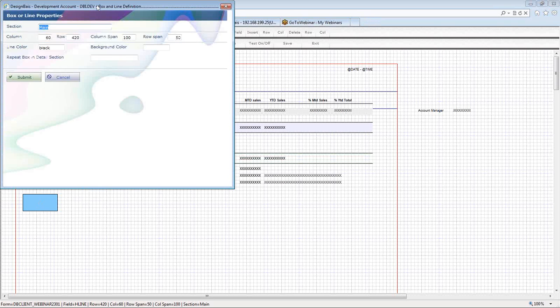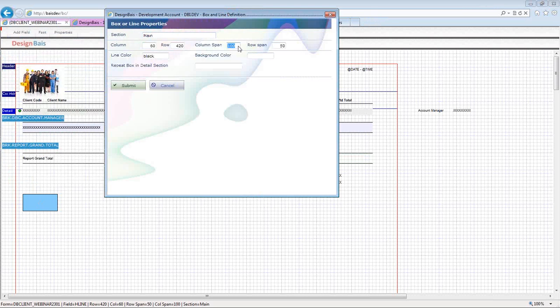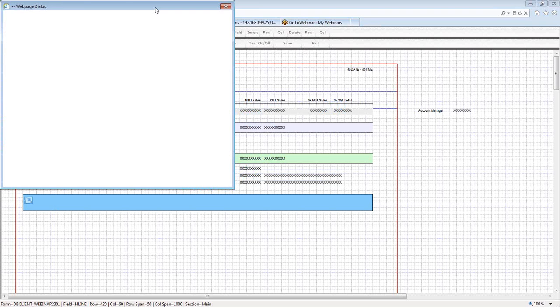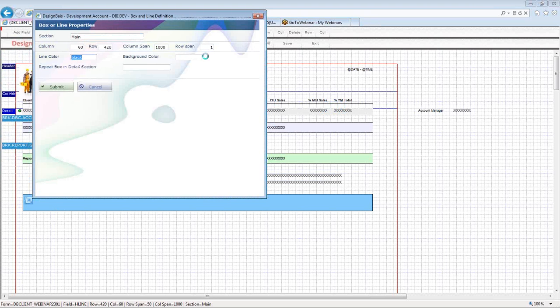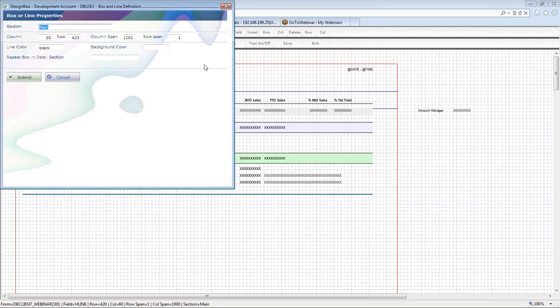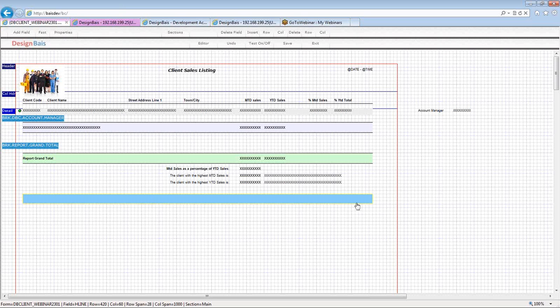So if you want to keep it as a box, you can just keep the row span, and I'll just increase the column span and leave that black for the moment. So now we've just got a large box that's got a black outline, and if I want that to be a line, I make it 1 pixel high, and now it's a line, and then any sort of makeup of change of 1 will turn that into a box. If I want it just to be a shaded area, then I can just make it, say, yellow and yellow,